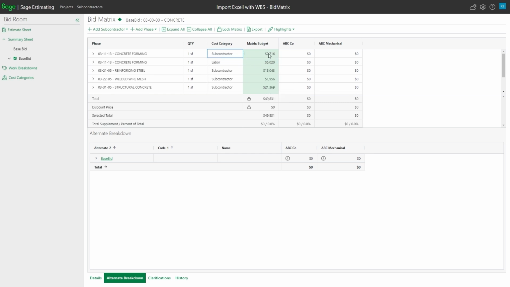So if you notice, this just took the $5,000 of labor out because that was $7,000. If I go ahead and say breakout material also, then this sub amount will go to zero because I didn't estimate anything under sub, that I had $5,000 worth of labor and a couple thousand worth of materials and so forth. That's an example of how you can import WBS codes and categories into your bid matrices.